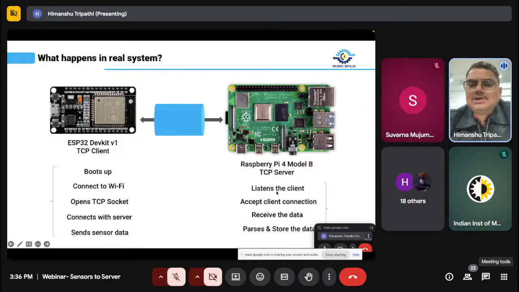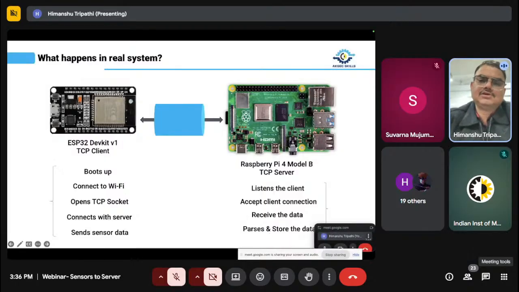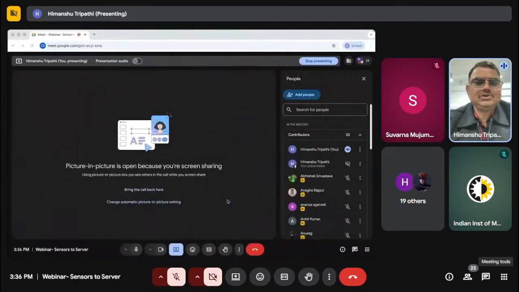Then after listening, the server will accept the client connection coming from the ESP32, and it will receive whatever data the ESP32 is sending. And finally, this device processes that data. In the name of processing, in today's session we will pass that data and store it somewhere. Okay, so this is the total demonstration mechanism, and let me quickly show you how these things are happening. So I have an ESP32,